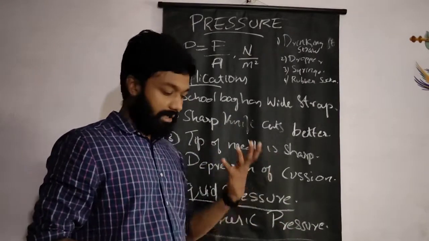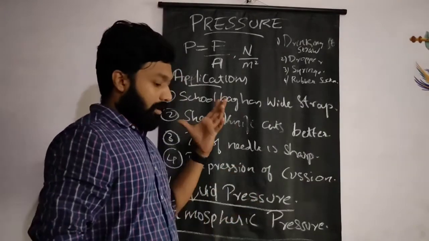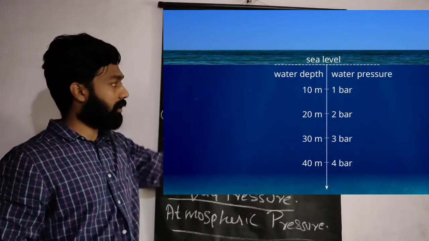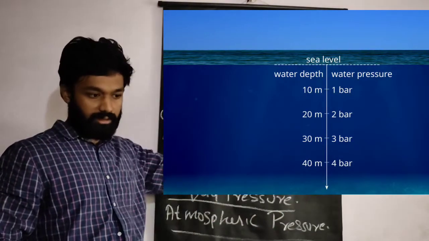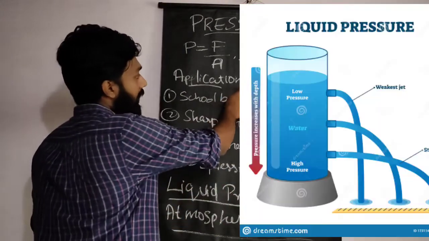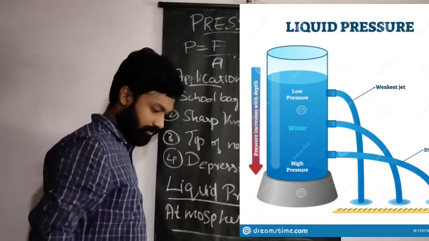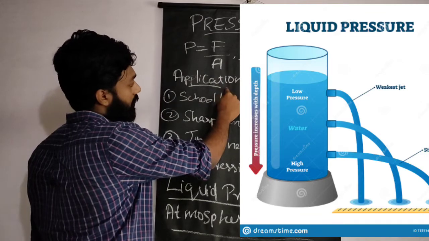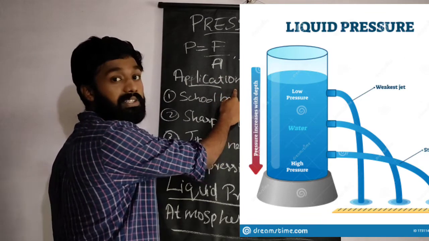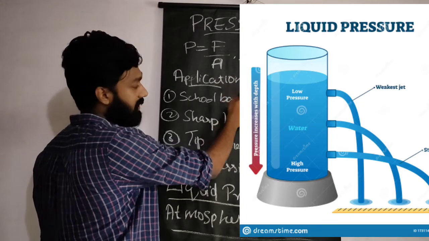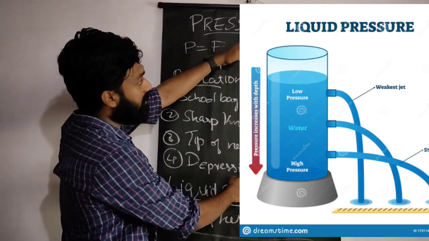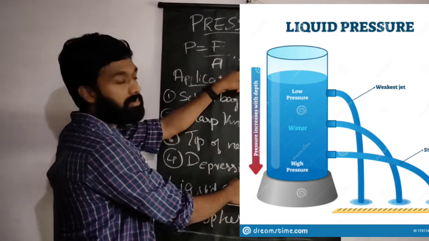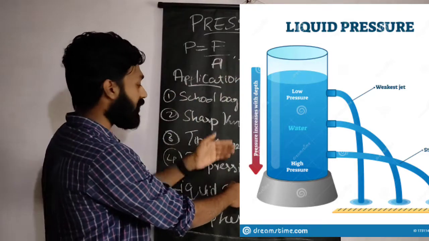So in the case of liquid, I am speaking, just imagine it's a sea, or a water body, or just imagine it's a water bottle. So if you are comparing at this point, the pressure will be low as compared to the downside. That means if the water is starting from here and going downside, in the downside the pressure will be so much higher compared to upside. Okay, so the water pressure or liquid pressure is like that.